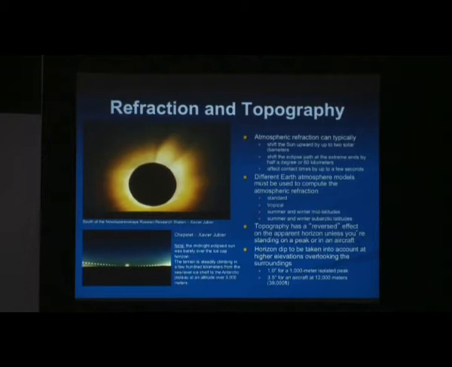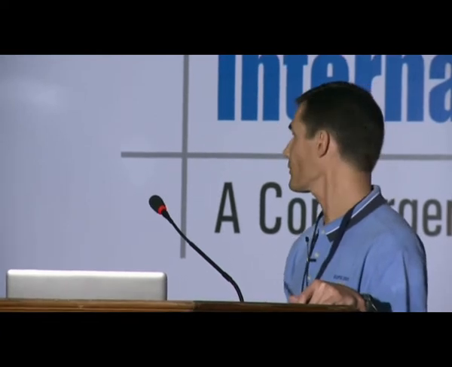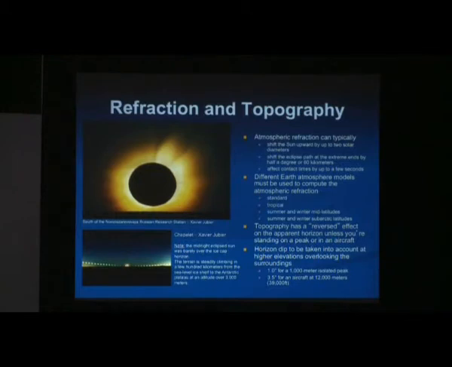One important slide. One of the problems you have when you have eclipses that are low on the horizon is that you need to know the terrain profile in the direction of the eclipse, because you don't want, of course, to have the sun behind the horizon or behind mountains, for example. Also, when the sun is low, you have to take into account the refraction, because with the refraction, you might gain a few tenths of a degree,